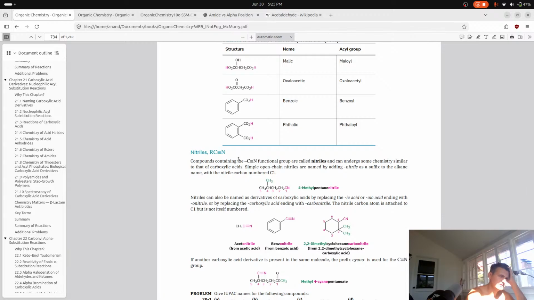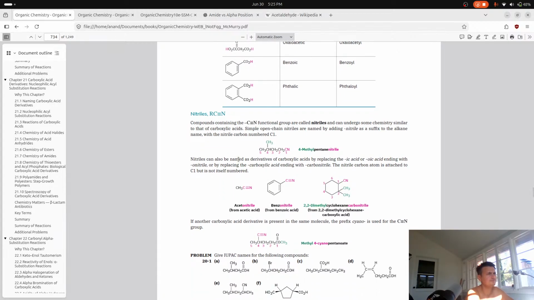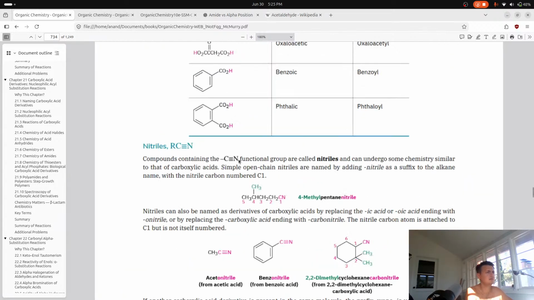Compounds containing the CN functional group are called nitriles and can undergo some chemistry similar to that of carboxylic acids. Simple open chain nitriles are named by adding the nitrile as a suffix to the alkane name, with the nitrile carbon numbered C1. So this is 4-methylpentane nitrile. Nitriles can also be named